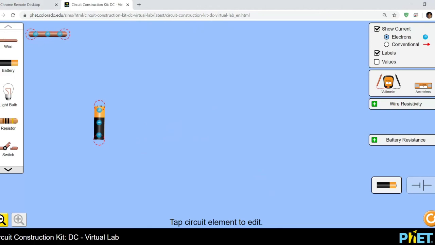Alright. We have wires, and ideal wires, like the ones we have in our simulator, actually have 0 resistance, right? But in reality, all wires have some sort of resistance. Even the best conductors, even if you have silver wire, it's still going to have a tiny amount of resistance. But when we do our math, we're going to say that wires have 0 resistance.